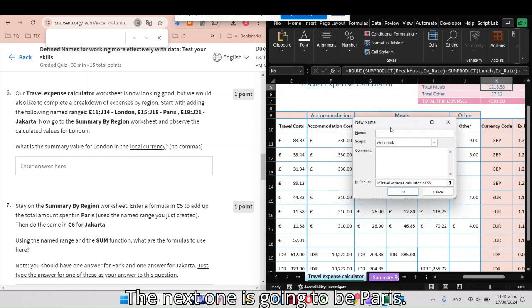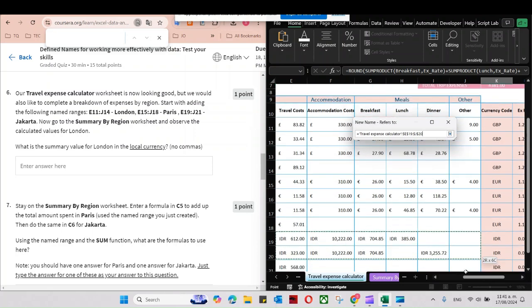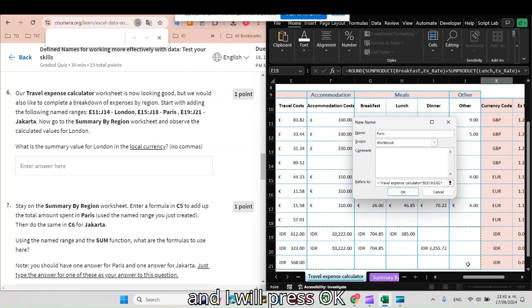The next one is going to be Paris, and it is going to be from E19 to J21, and I will press OK.